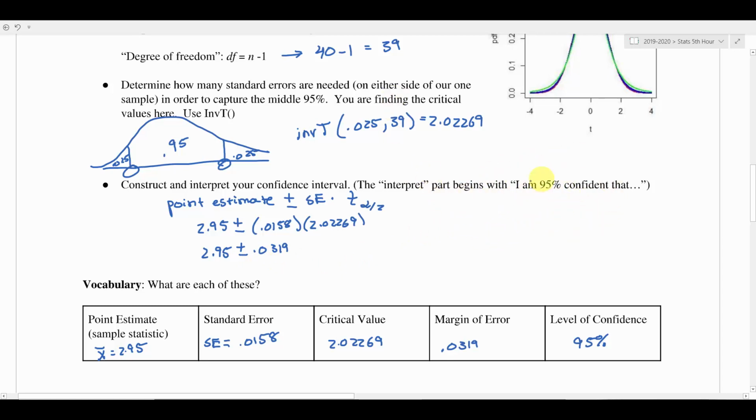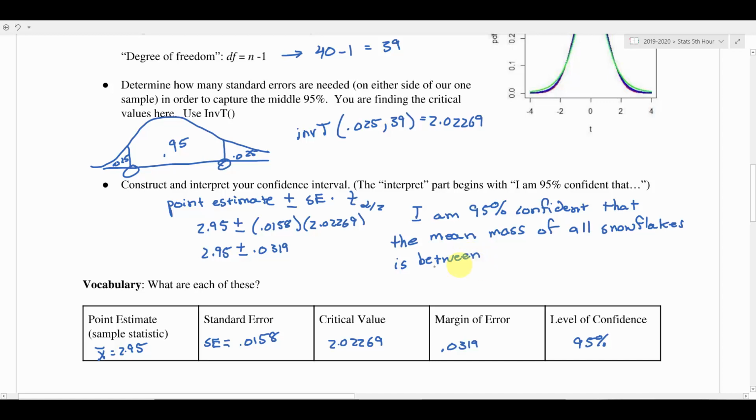We want to start it off with, I am 95% confident that the mean mass, and give it some context. Talk about what it is you're estimating. So we're going to say the mean mass of all snowflakes. I'm 95% confident that the mean mass of all snowflakes is between